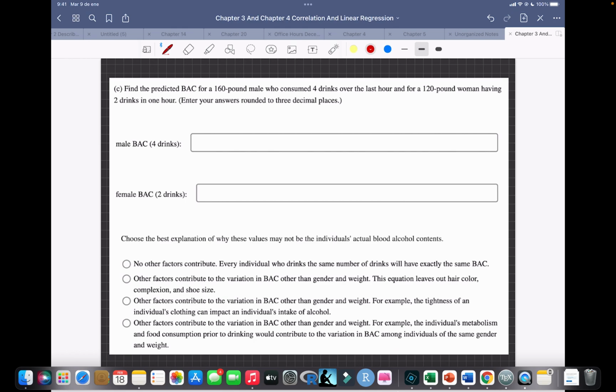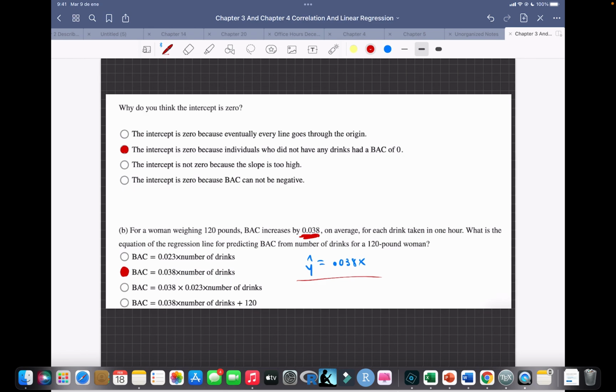It says, find the predicted BAC for a 160-pound male who consumed 4 drinks over the last hour, and for a 120-pound woman having 2 drinks in 1 hour. Oh, in this case, we have to use the two models. For males, it is only